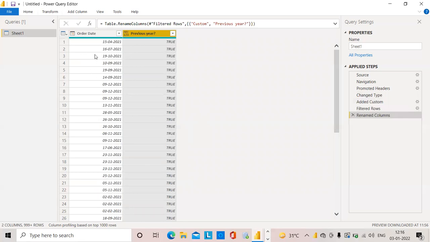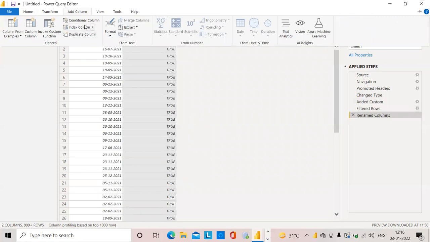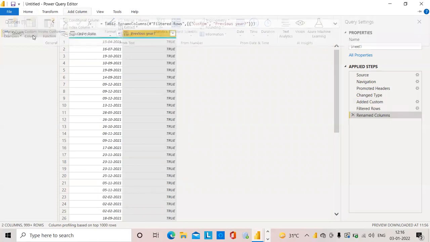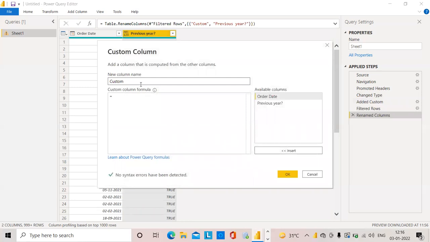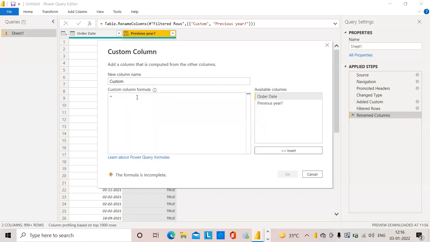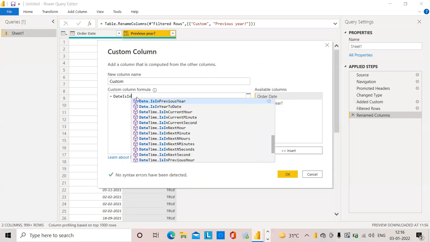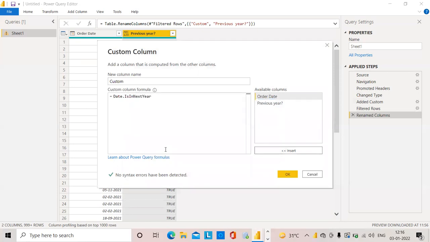Next, I will show you one more thing. Again I will go to Add Column, Custom Column. Now I will use Date itself: Date.IsIn, and I will just type N. So you can see next year, next month and all. I will calculate next year. So Date.IsInNextYear.